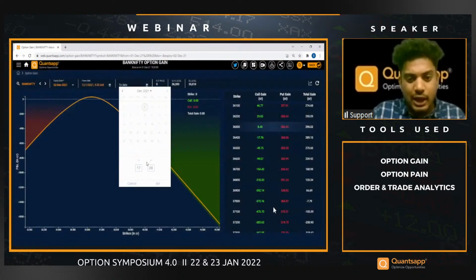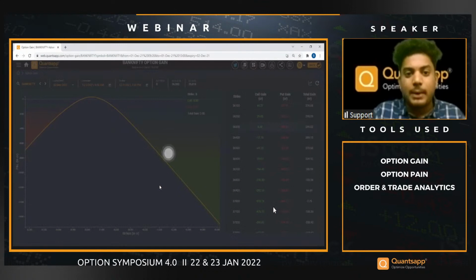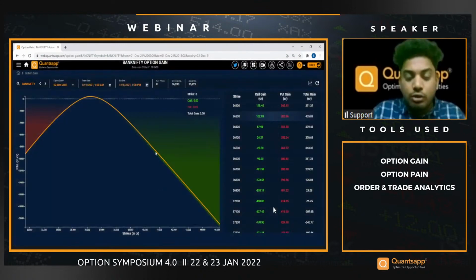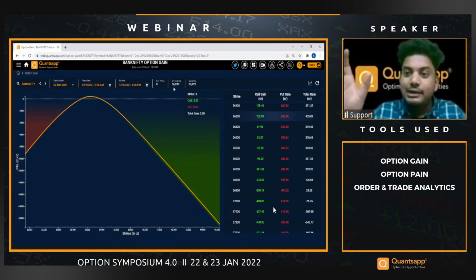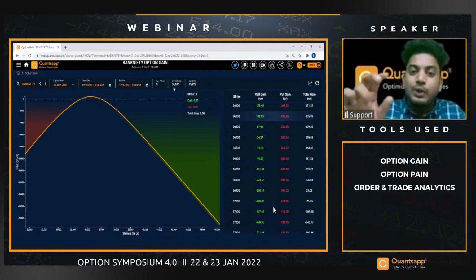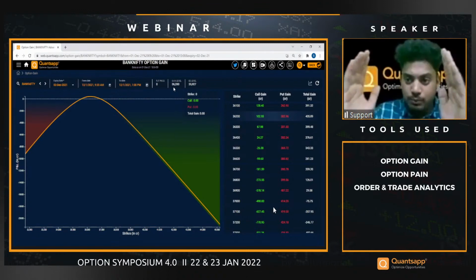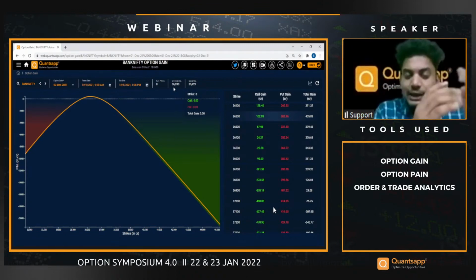Okay. So let's say I want to check it out up till 13:08. Was there a shift in Bank Nifty's max pain level? I want to go ahead and check that out. If you see Bank Nifty's gain level, which is the max pain level, it actually showed a shift from 36,300 to 36,200, indicating that the participants have shifted their positions to a lower strike. That indicates they are expecting a kind of negative move over there.